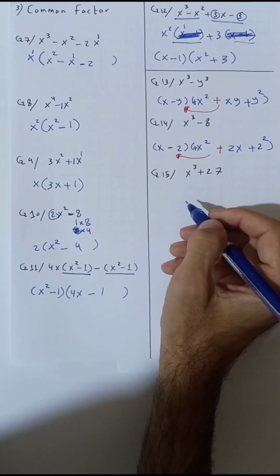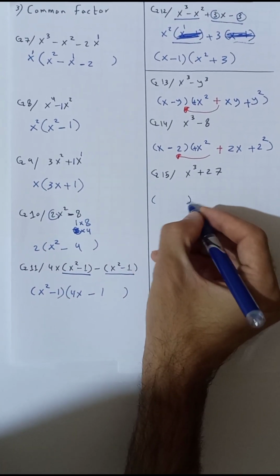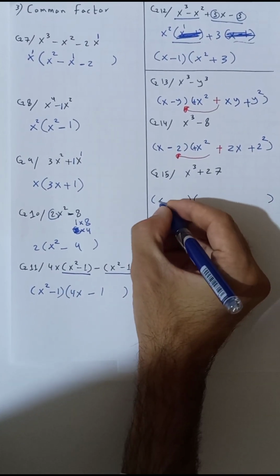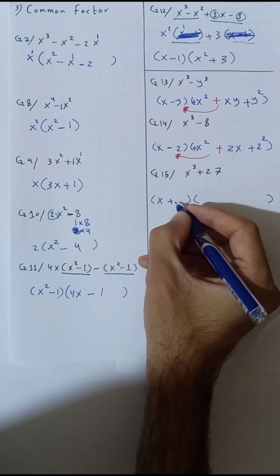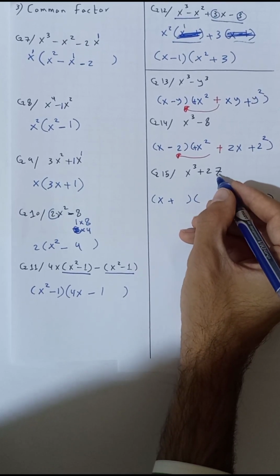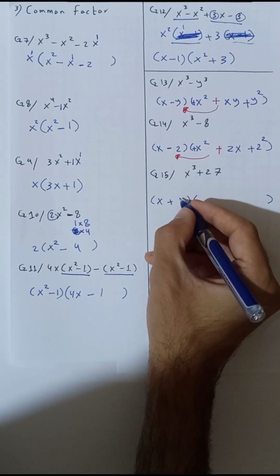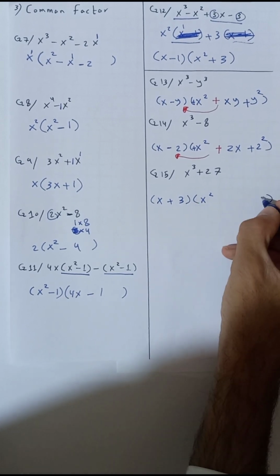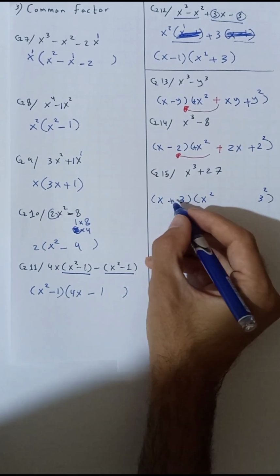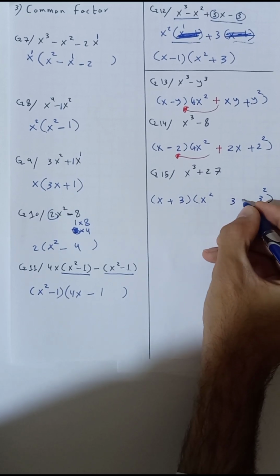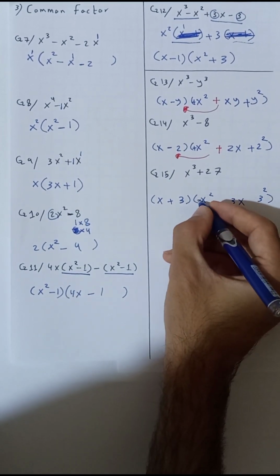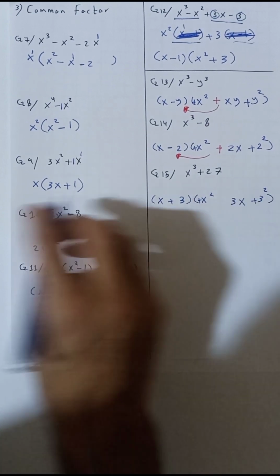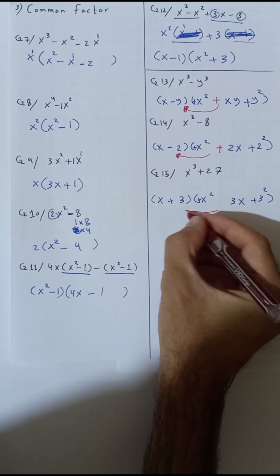We have 2 cube terms. We're gonna use formula. X here will be square, 3 here will be square. X times 3, 3x. The first term always positive, the last term always positive. The middle term always will be opposite